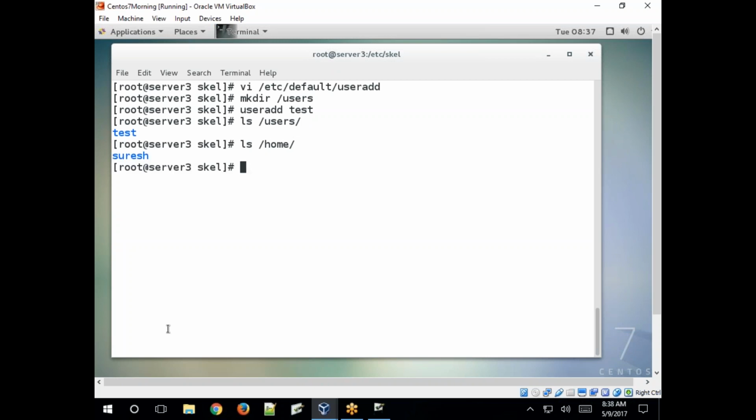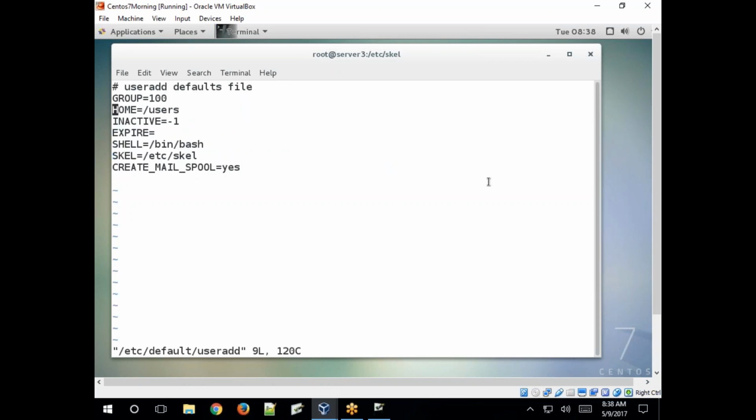No. Now if you create any user, that user's home directory will be created in /users, because the default home directory has changed from /home to /users here. As per your requirement, if you know how to modify the configuration file, you can modify it as you need.